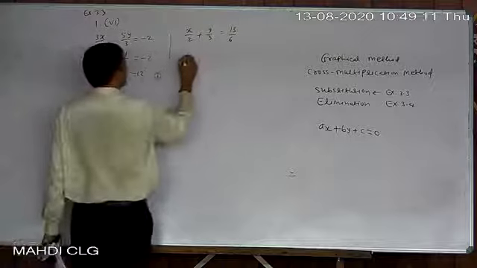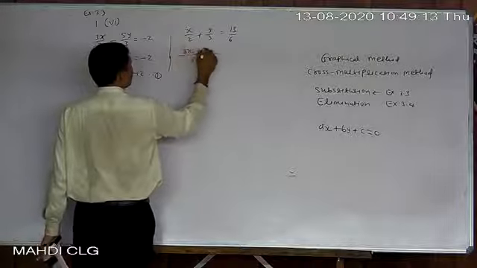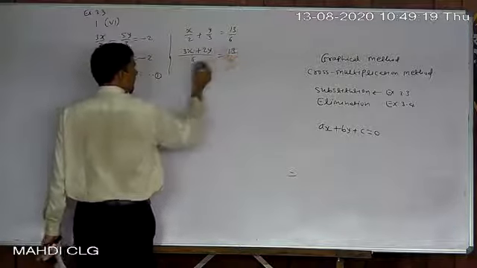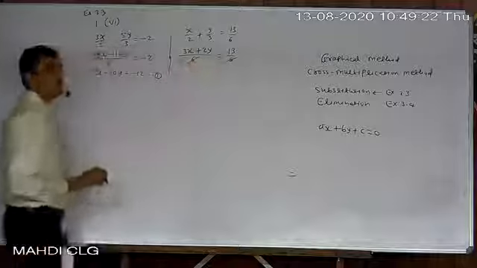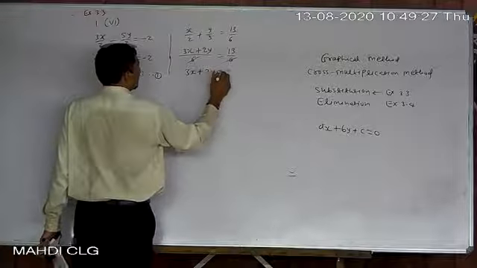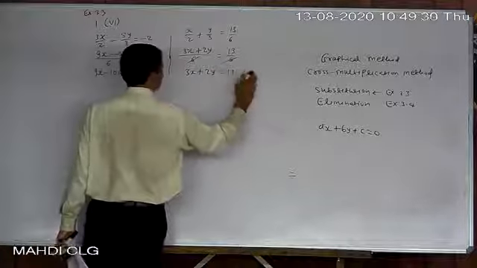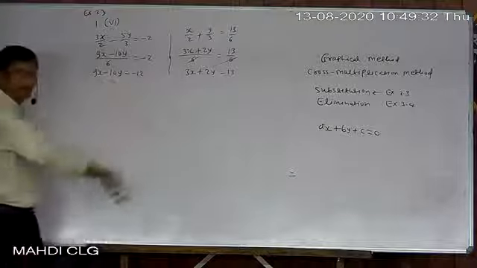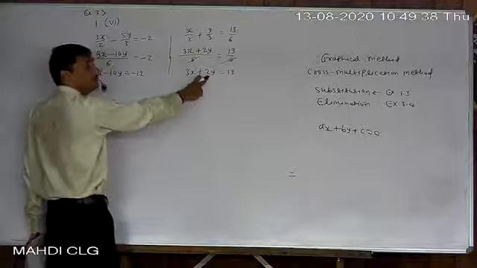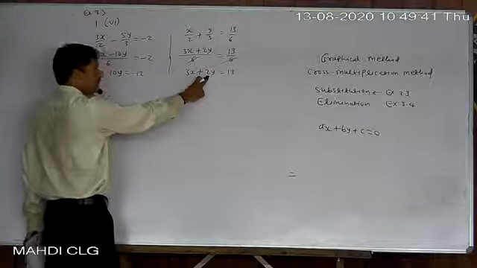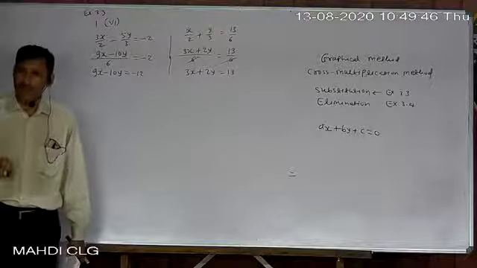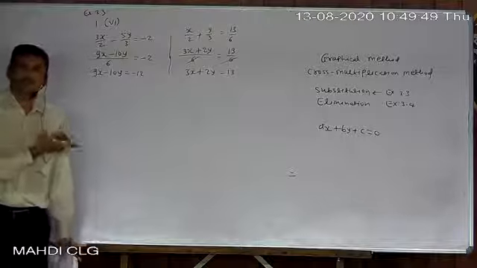And here 3x plus 2y equal to 13 by 6. Now if you multiply by 6 here, then it will be cancelled, otherwise this step also you can cancel it. So it becomes 3x plus 2y equal to 13. So now it is not difficult. Okay, give 1 and 2 number later on. Here I just prefer y from second equation to be subjected. Y variable is 2 there. That is not a rule, but for convenience of calculation we just do that way.